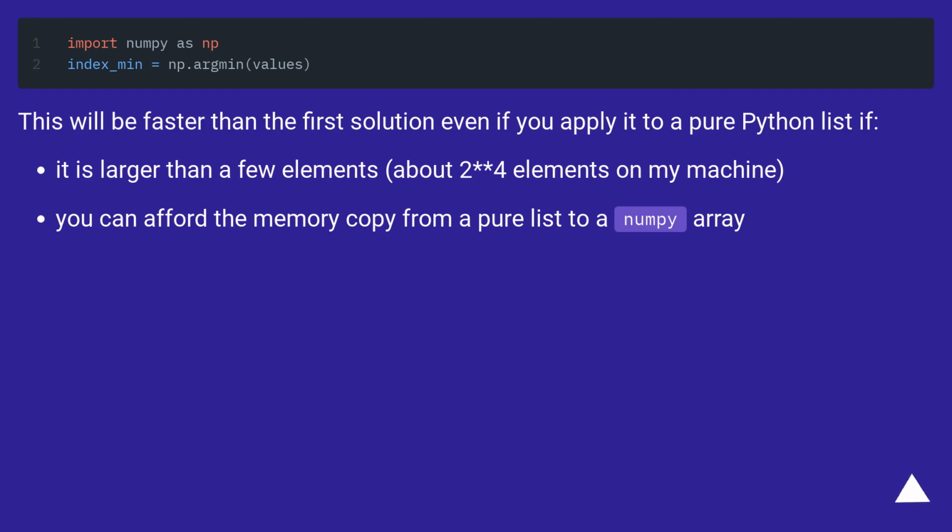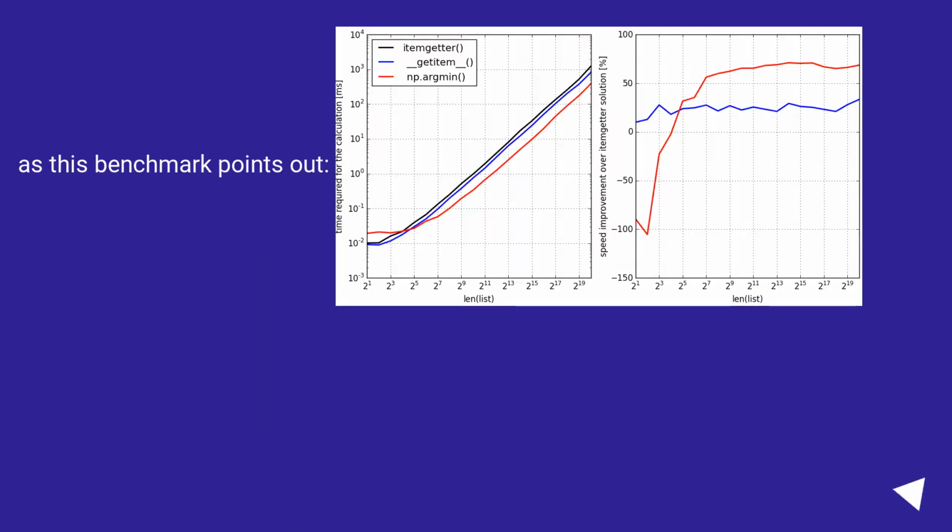This will be faster than the first solution even if you apply it to a pure Python list, if it is larger than a few elements, about 2-4 elements on my machine, and you can afford the memory copy from a pure list to a NumPy array. As this benchmark points out,